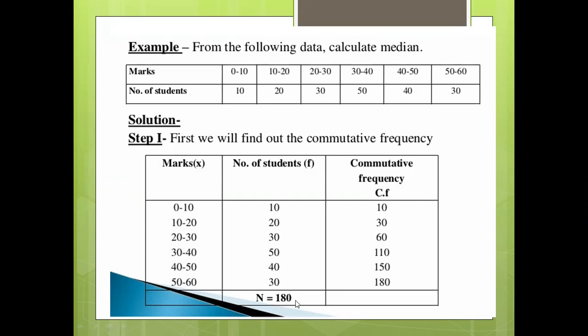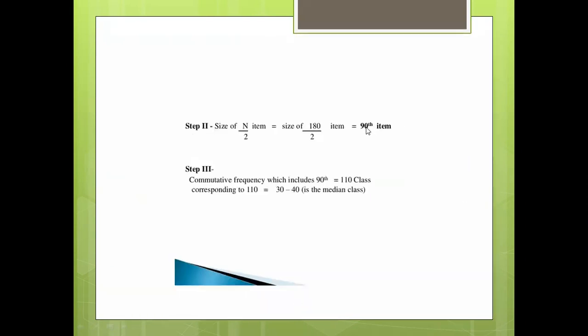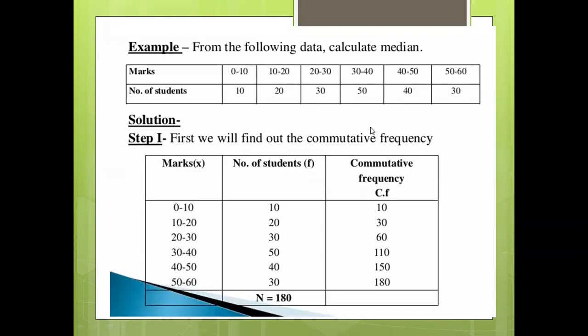n by 2 is equal to what? 90, that is 180 upon 2, so the 90th term. Find here, 90 is in between what? कम्युलेटिव फ्रीक्वेंसी में फाइंड करना है कि 90 वैल्यू कहाँ पे है। ओके, तो 60 एंड 110 के बीच में 90 वैल्यू रहेगी, बट जो भी अपर वैल्यू रहेगी, मतलब जो नेक्स्ट वाली वैल्यू है 110, उसे कंसिडर करना है। 90 वैल्यू तो नहीं है, तो उसका अबाव कौन सा है? 110, तो उसके सामने जो भी फ्रीक्वेंसी एंड क्लास इंटरवल है वो यूज करना है टू फाइंड द मीडियन।